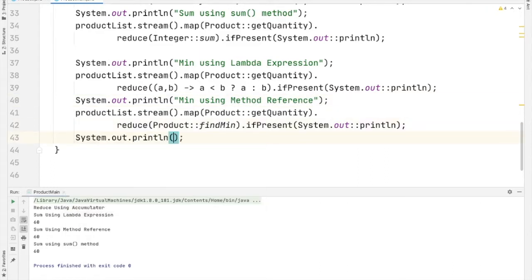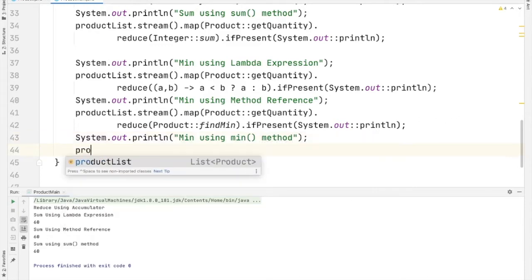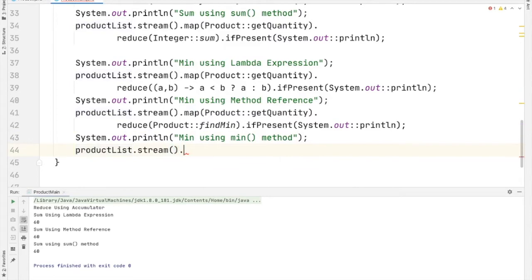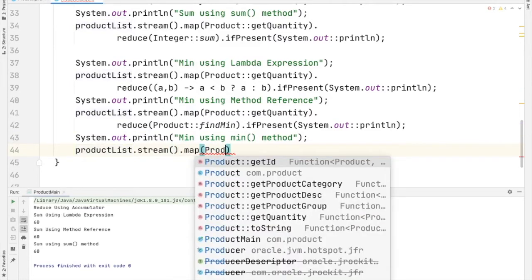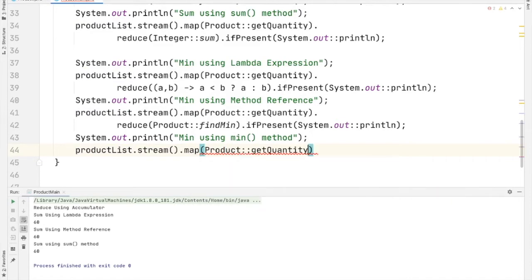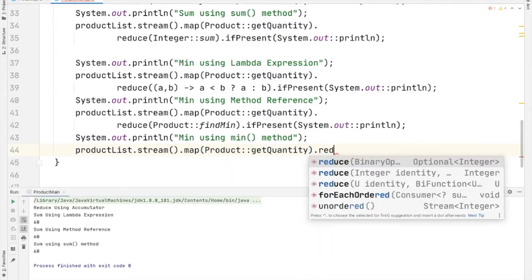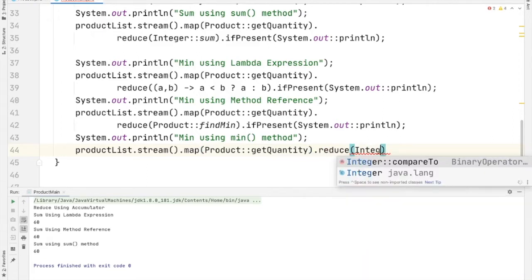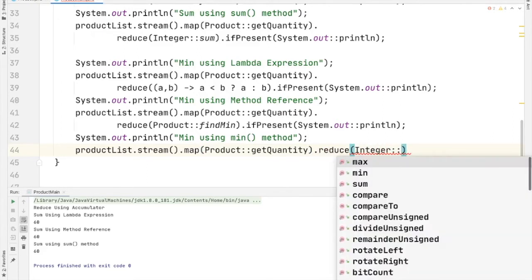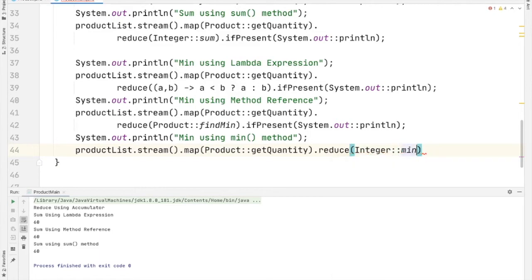Next is min using min method from the Integer class. productList.stream().map(product::getQuantity).reduce(Integer::min).